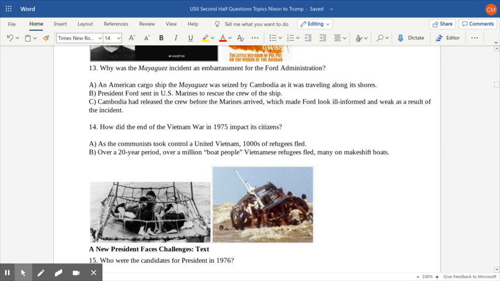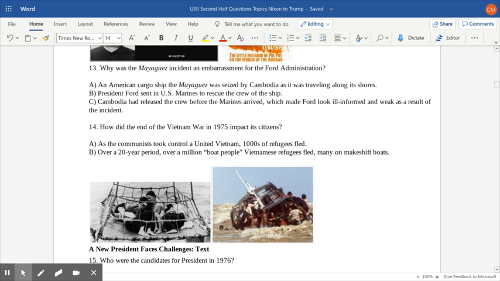As the Vietnam War came to an end in 1975, it had an impact on the citizens of Vietnam. As the communists took control of a united Vietnam, all of which was communist, thousands of refugees fled, and over a 20-year period, over 1 million, nicknamed boat people or Vietnamese refugees, fled,